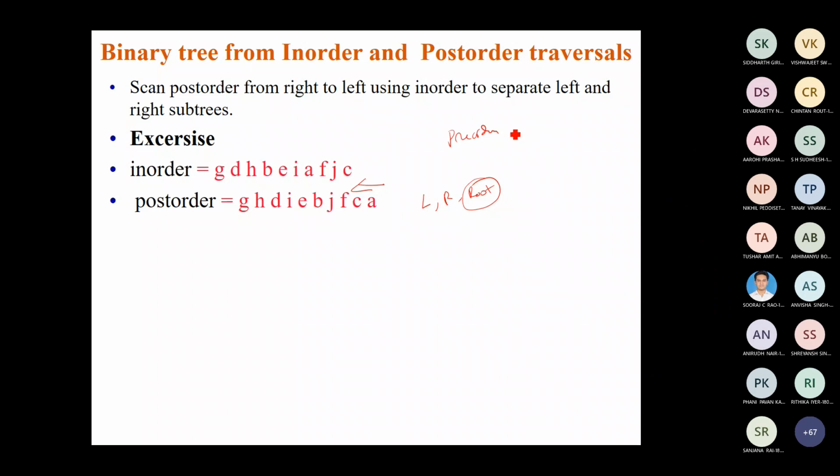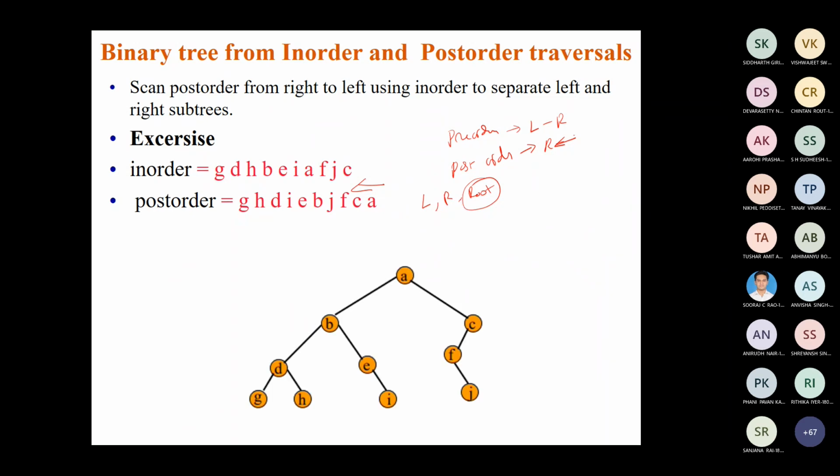In the pre-order sequence, we considered the sequence from left to right, whereas in post-order traversal, you have to consider the sequence from right to left, because we are able to identify the root node easily in the post-order traversal. In post-order traversal, the root is visited only at the end. So this is the output of this.